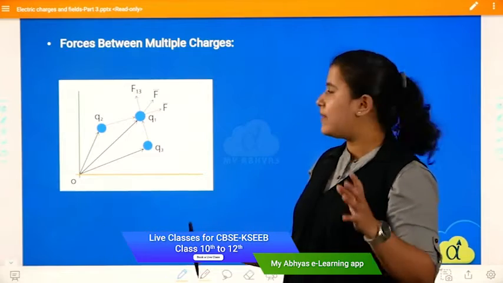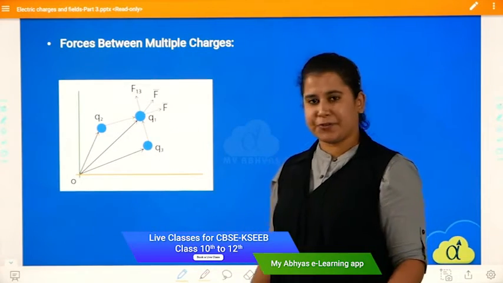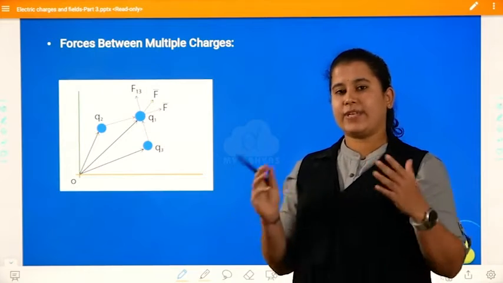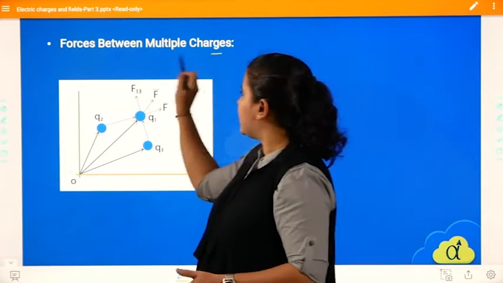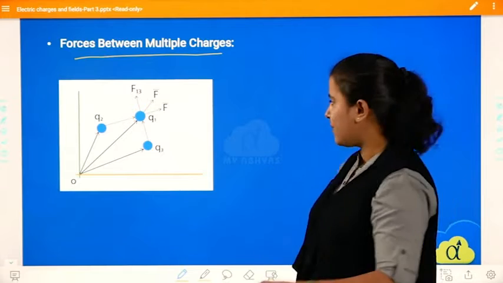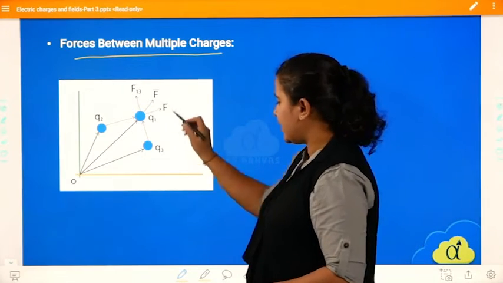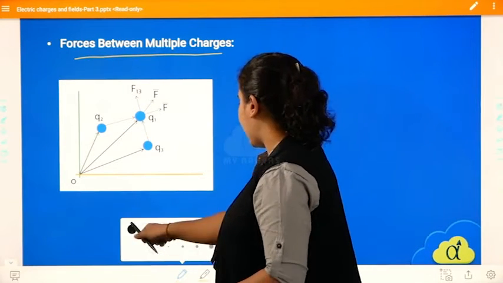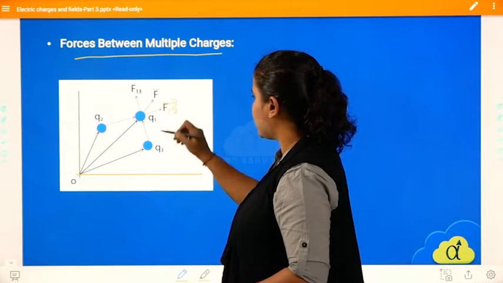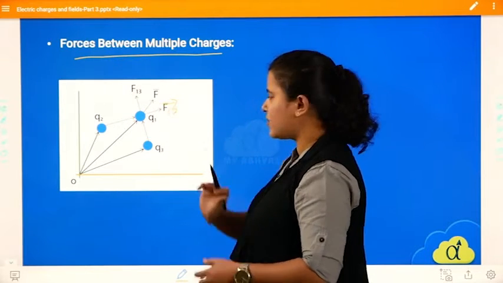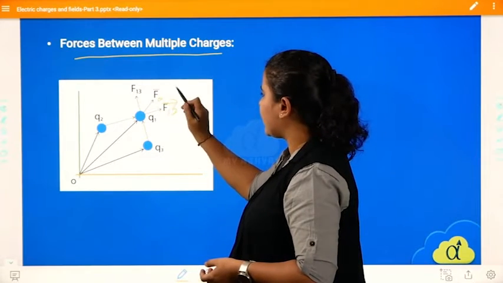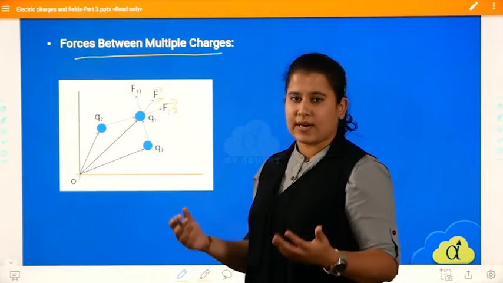Coulomb's law will first be applied for Q1 and Q2, and later it will be applied for Q1 and Q3, and we will see what expression we get for the force between multiple charges. So coming to Coulomb's law in the first case, here what do I have? I have F12 vector, the force by Q2 on Q1. Clear? So this I have to find out, which I'll just take as FA or F resultant.